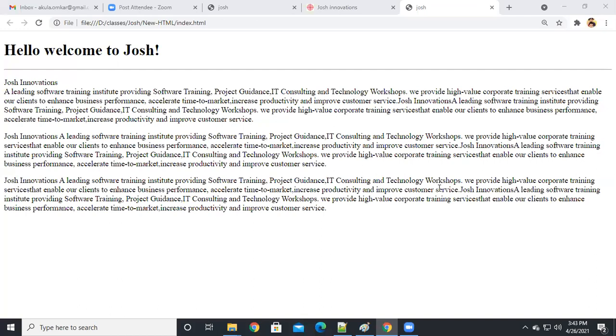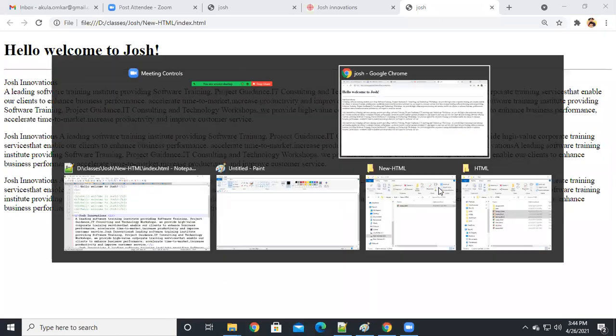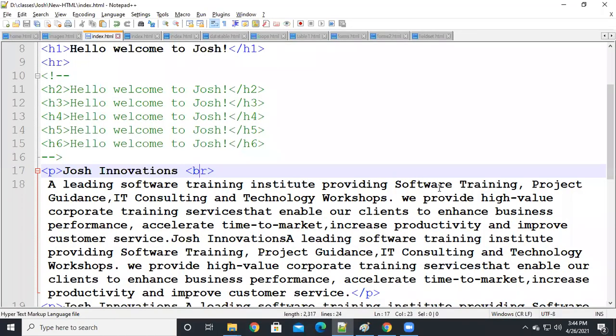What are the empty tags in HTML? If anyone asks you what are the self-closing tags in HTML, you can easily answer HR, BR, image, input, like that, guys. But they will ask somewhat difficult ones, like what are the empty tags in HTML? Empty means there is no content between them, right? So that's why we can say empty tags like HR and BR, guys. HR, BR: empty tags, self-closing tags, and unpaired tags. You can call them unpaired also. Self-closing, empty and unpaired, guys. BR for break the line, HR for horizontal rule, guys.